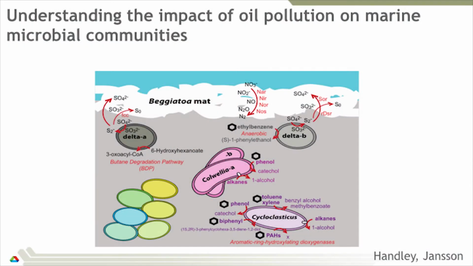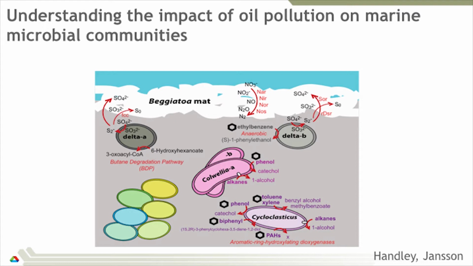So we've been working with this kind of information, but looking at it in a much more complex environment. Work we've been doing with Janet Jansen, now up at PNNL, and Kim Handley in my group, has been taking metagenomes and metatranscriptomes generated in part by JGI and our lab from the Gulf of Mexico oil spill through the BP funding stream, and starting to understand how those metabolic relationships in that community are manifest when the community is exposed to oil. And we see all the same kind of relationships.